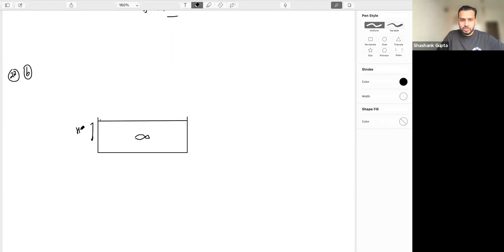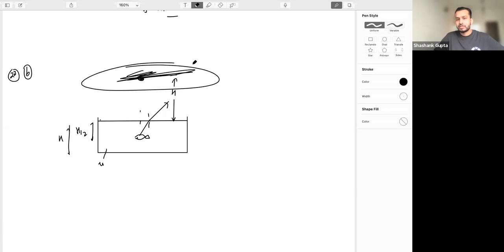This h by 2 was given. The total h was given. This was given as mu. This is the I, which is at a distance h. Now we want to find out the image of the fish as seen by the eye. So first what will happen? Directly the image from the fish will go into the eye. Now I am going from denser medium to rarer medium like this. Again, it will go away from the normal. My eye is like this. Otherwise, everything is happening near the normal.